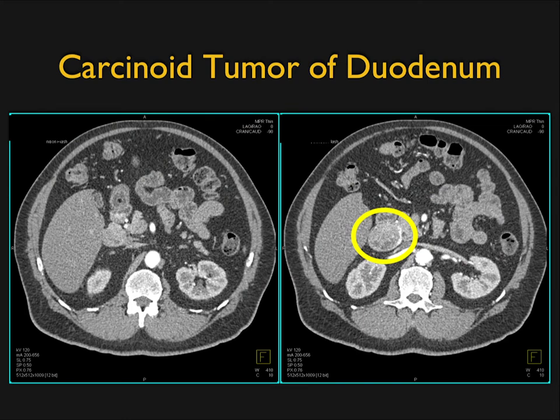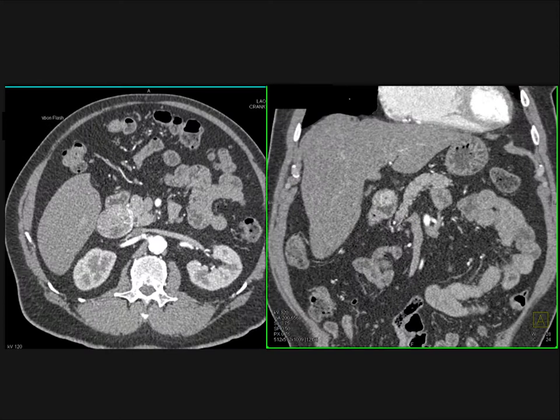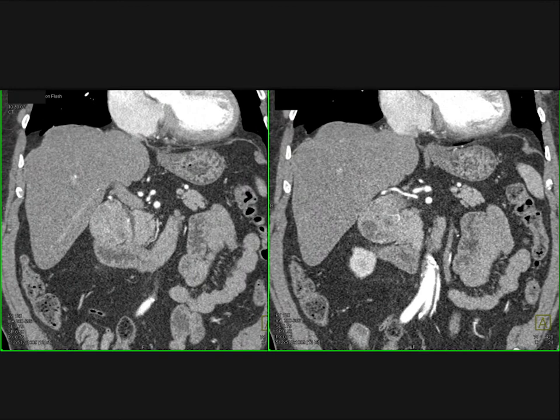The larger lesions are easier. Here's a lesion which at first looks like a pancreatic mass, but it's a mildly vascular exophytic lesion coming off the duodenum. Here it is, again, on coronal and axial. And then when you get some additional coronals, you can see how it's kind of coming off the duodenum. You can see why you might have thought of a pancreatic mass till you realize there's a fat plane, and